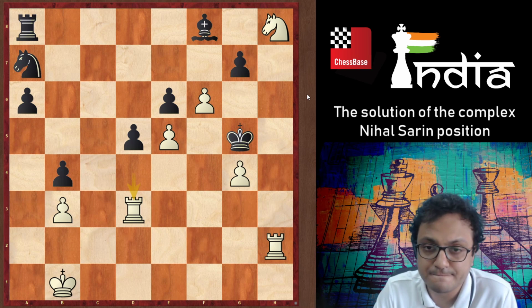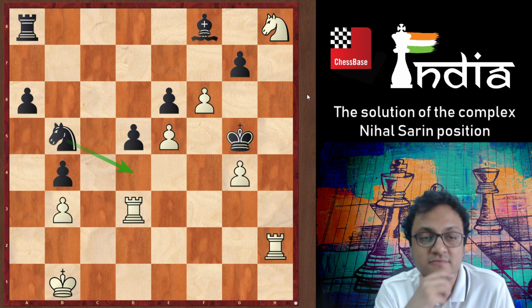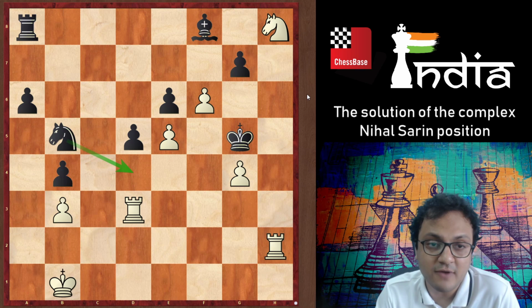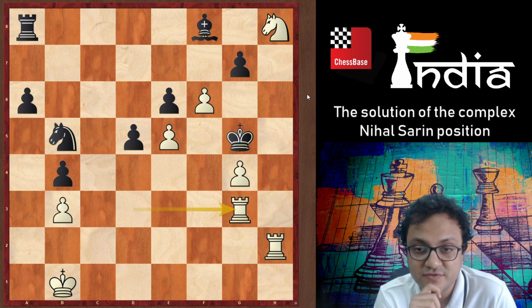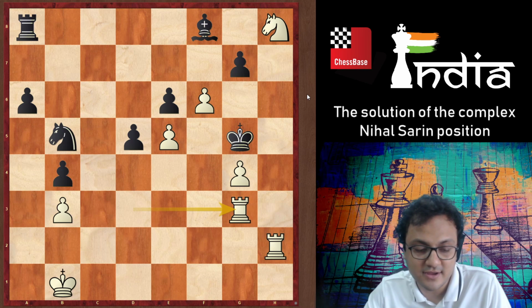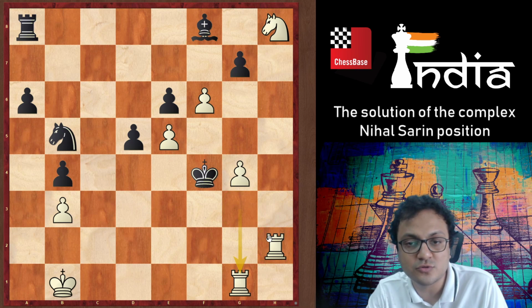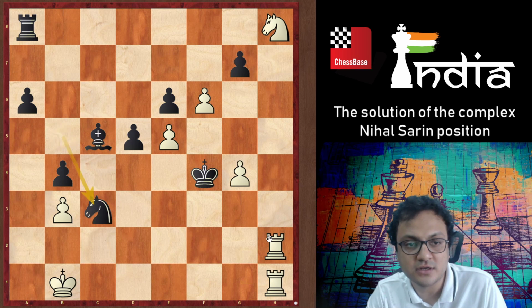So let's begin with, first of all, knight b5. This is a very interesting move, stopping rook d4. White has now a strong move, which is rook to g3, defending his g4 pawn, and bringing his rook into the action over here. Now king f4 is possible, but then you go rook g1, bishop c5, rook gh1, knight